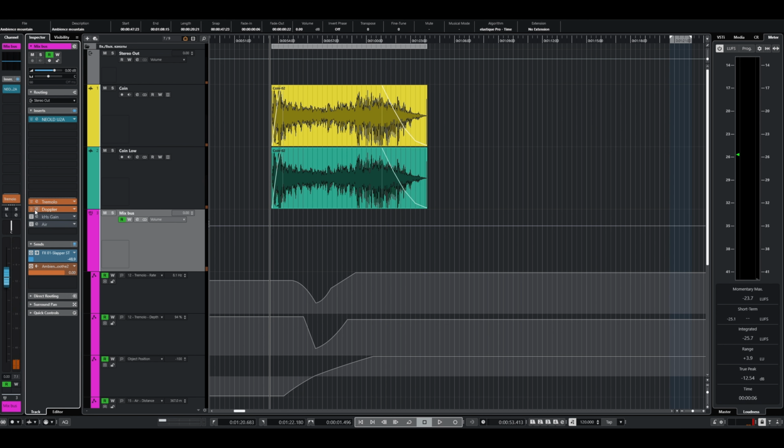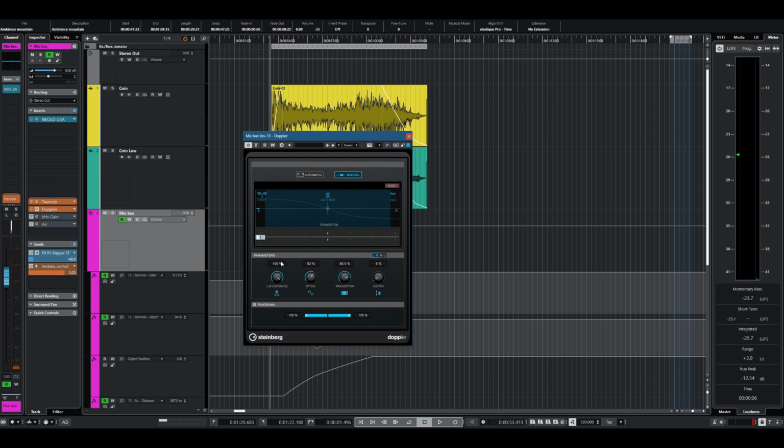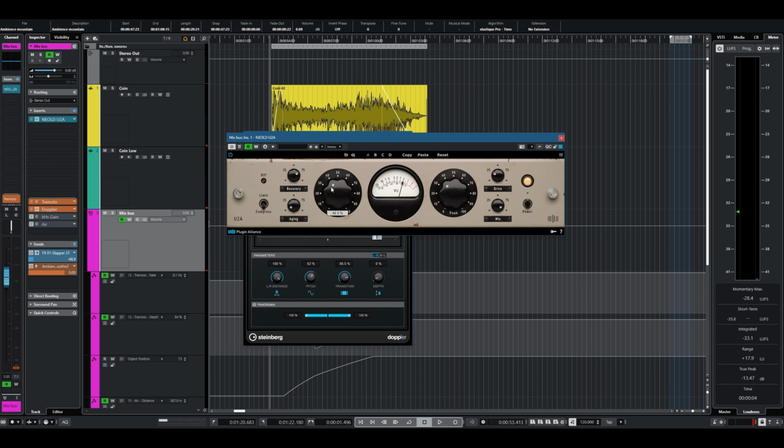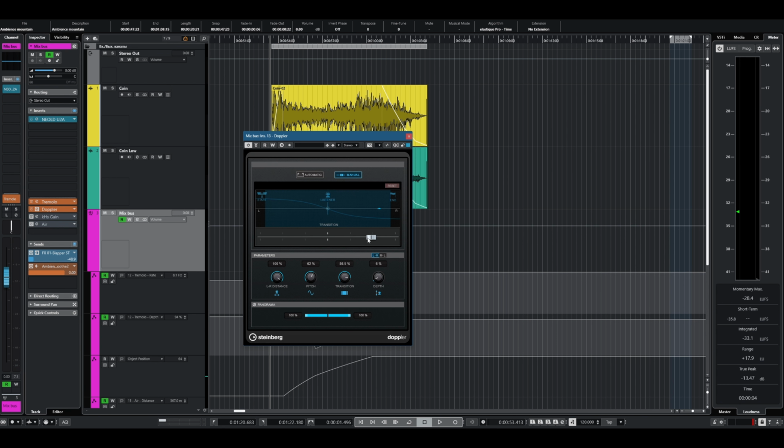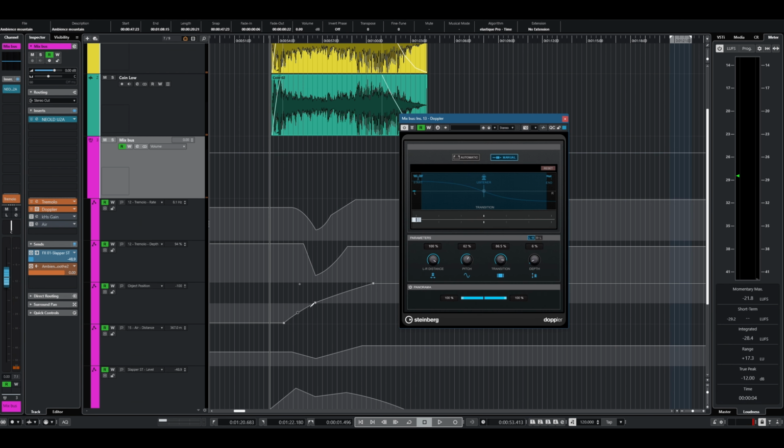Use a Doppler effect plugin to simulate the pass-by. Automate the object's position parameter.